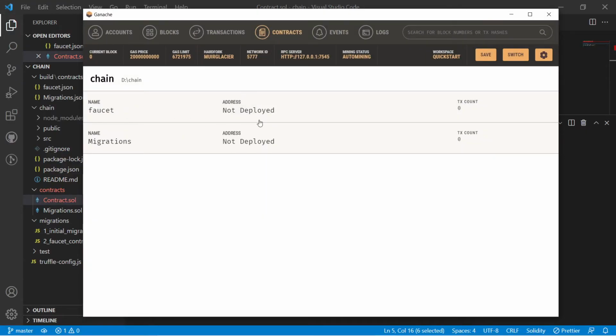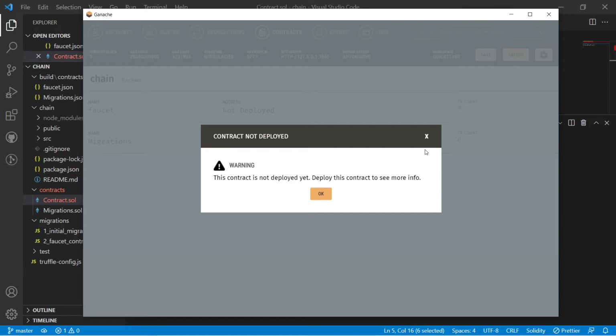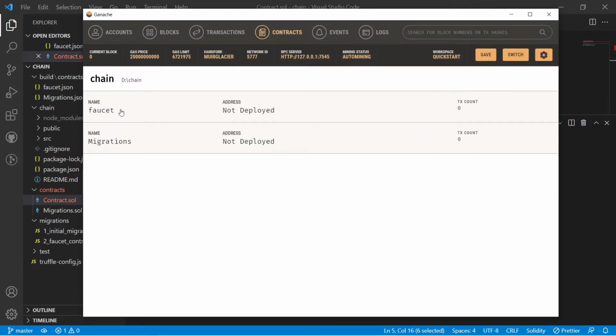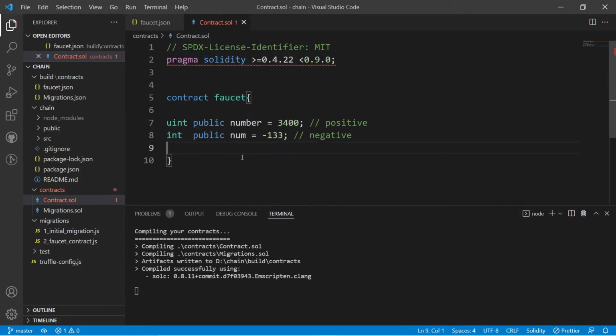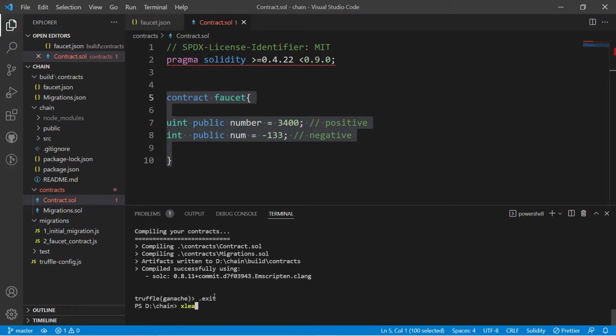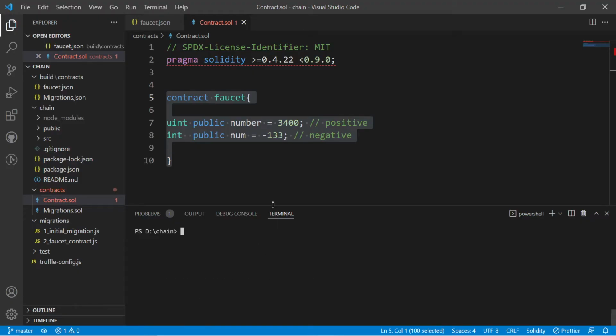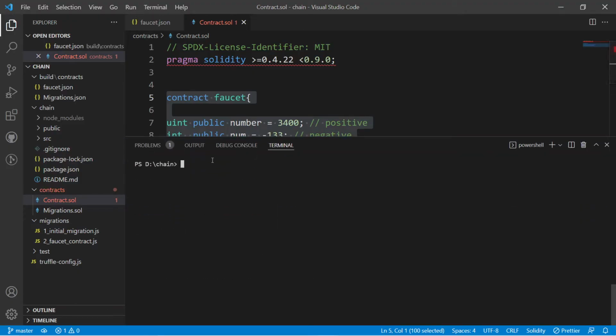As you can see over here, it's not deployed yet, but it comes up inside the Ganache folder. It's showing that this is the contract faucet, but we need to deploy these things inside our Ganache folder. So how will we do that? For this, we just need to click exit and clear the screen for a better view, and let me type here